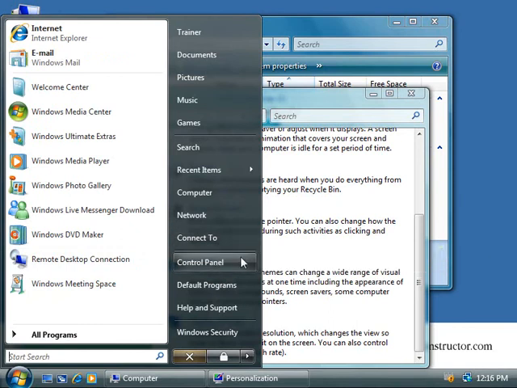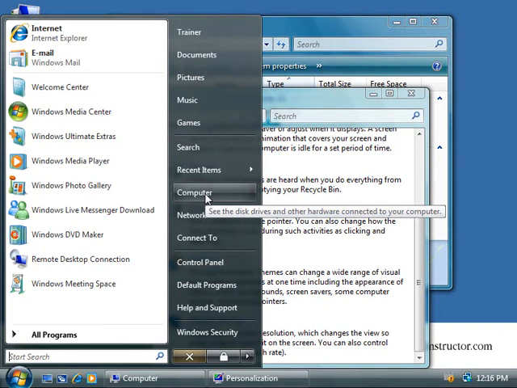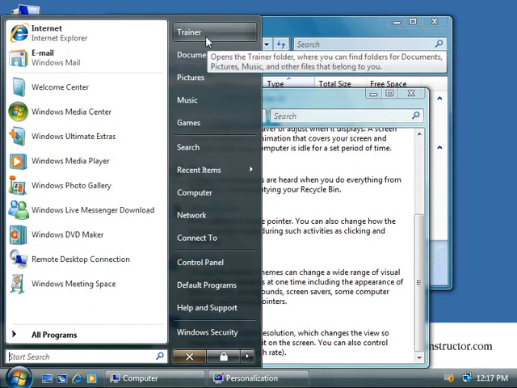Now, on the right-hand side of our Start menu, this would probably look rather familiar to you, so any of you who's used Windows XP before, and you probably would have noticed that your old My Documents and My Pictures, My Music, My Computer, they're all now changed just to say Documents, Pictures, Music, and Computer. These things no longer live in the Documents and Settings folder either. It's all now been simplified so that the user folders are all contained in a folder called Users, and then in a folder that corresponds to your username. So since I'm logged on here with an account called Trainer, my user profile will be stored in the Users/Trainer